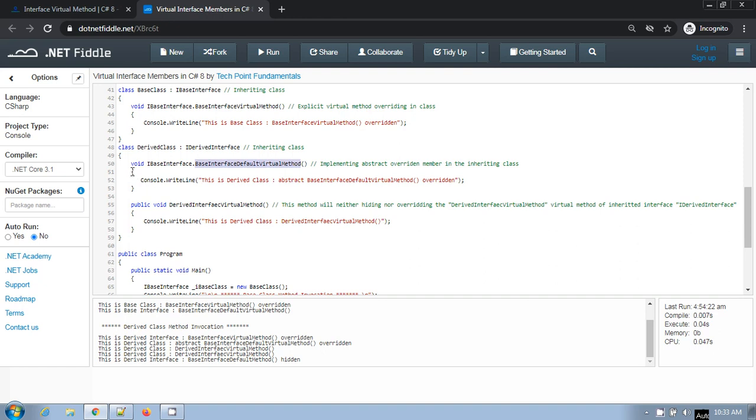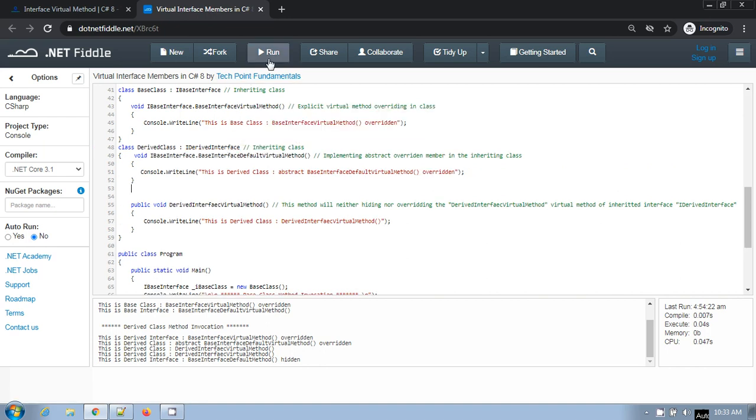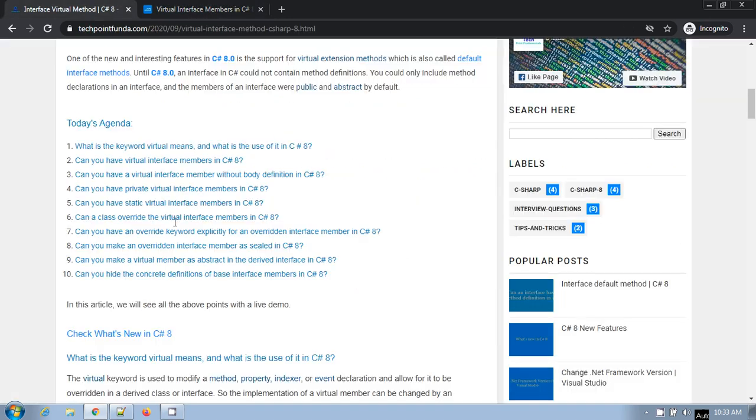If we try to remove this definition from here, then see, this is generating the compile time error, because you must provide a definition for the overridden interface member. So yes, you can make a virtual interface member abstract in the derived interface in C# 8.